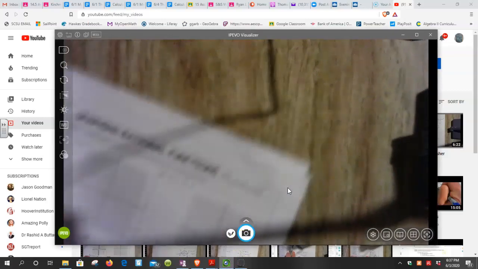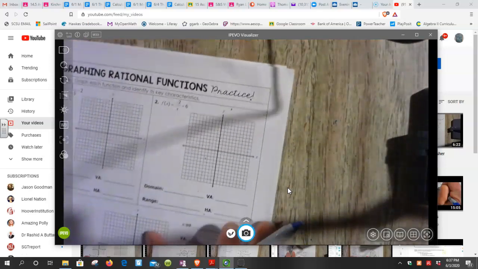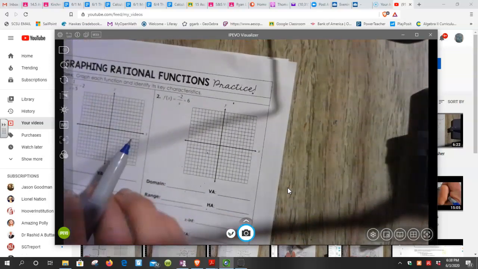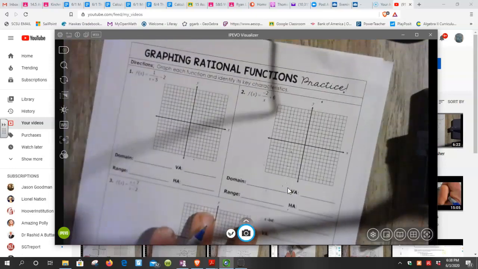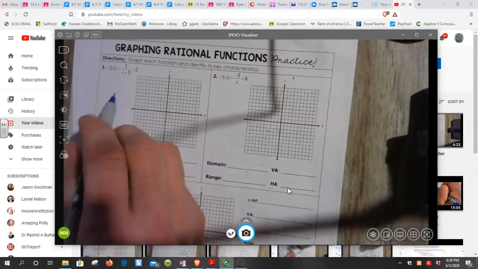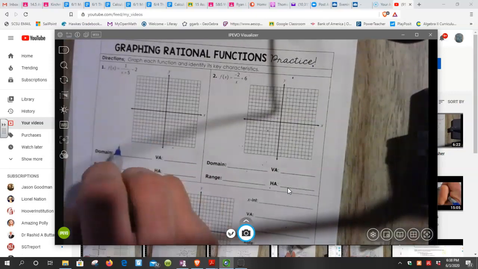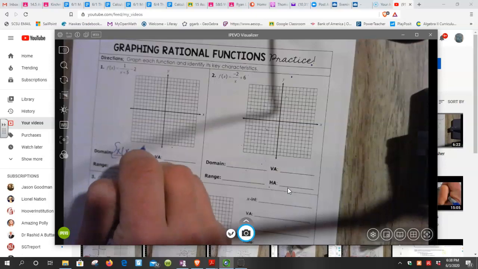Alright, so we are back and we're doing the third page of Graphing Rational Functions Review. These are some practice examples to get you ready for your summative. We can tell right away just from looking at the equation that our domain is going to be anything, x is going to be anything such that x cannot be -5,